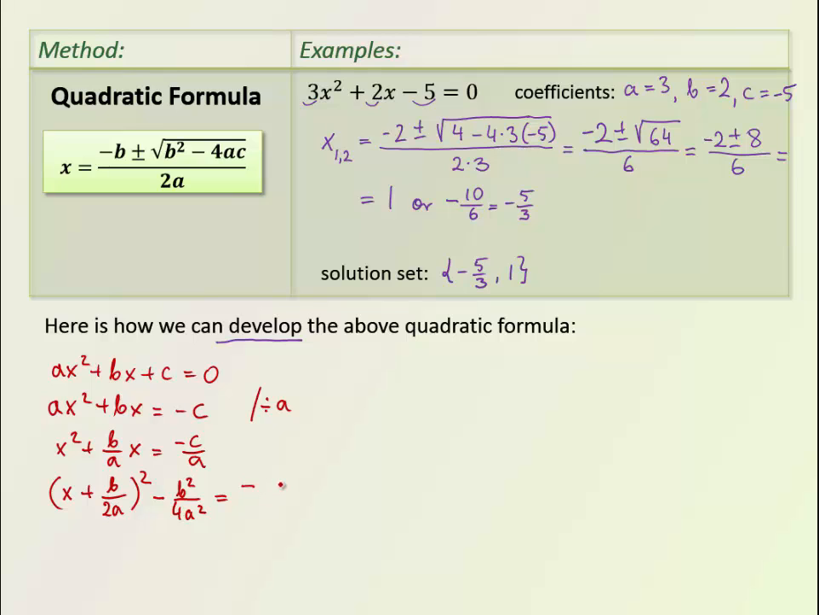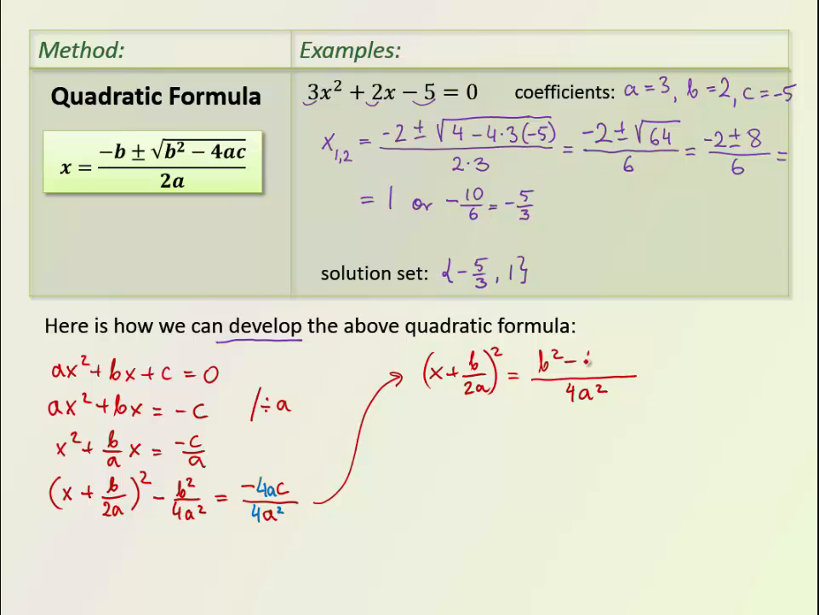a as negative c over a, but we also would like to multiply the numerator and denominator by 4a. So that will be 4a squared. That way we produce the same denominator and it will be easy to combine them in the next step. So we end up with x plus b over 2a squared. That equals, under the same denominator 4a squared, we bring the negative b squared to the other side, making it